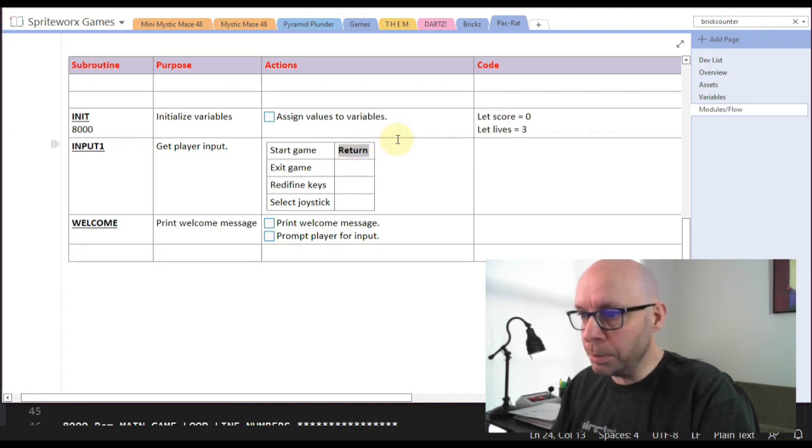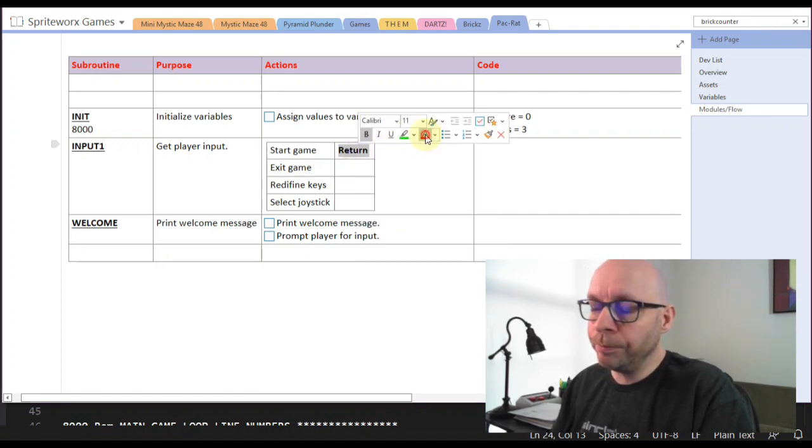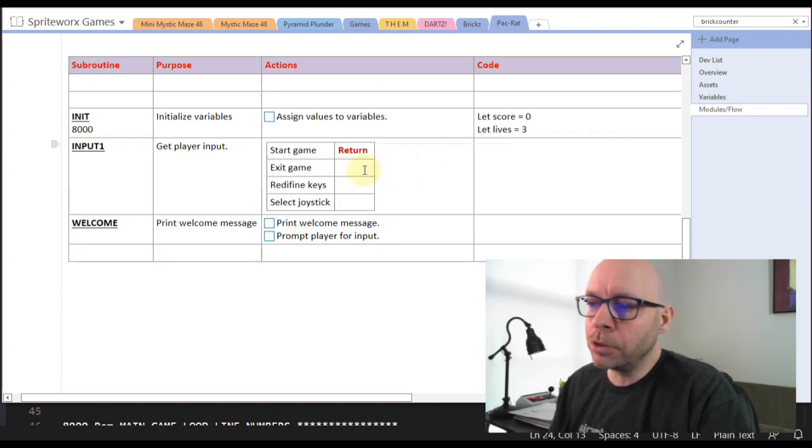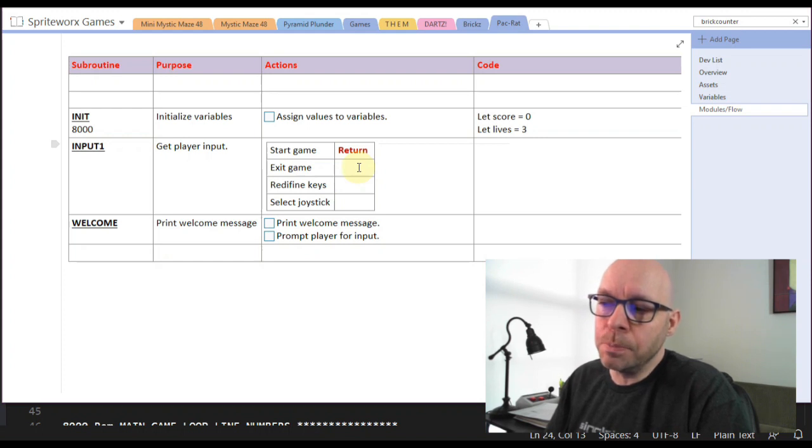And I like to put that in bold and in red, so it's obvious where the return statements are. So if the player chooses to start the game immediately, it's just going to return back to the main program loop. And of course I can decide how I want my game to branch. And so let's see what the next option here is, exit game. So if the player chooses to exit the game,